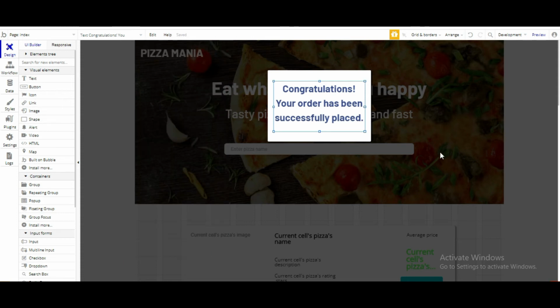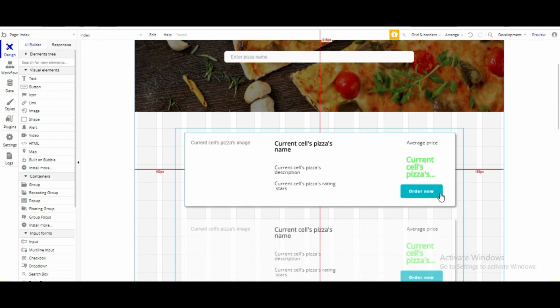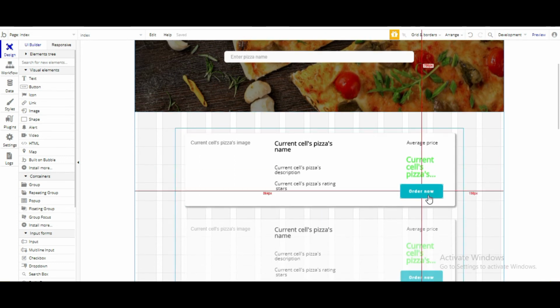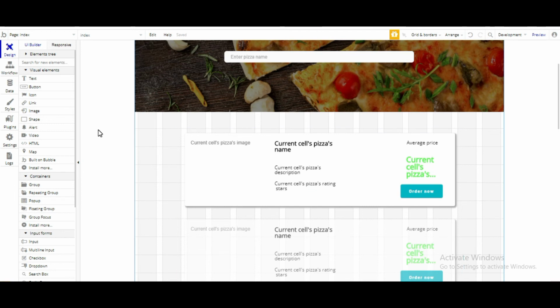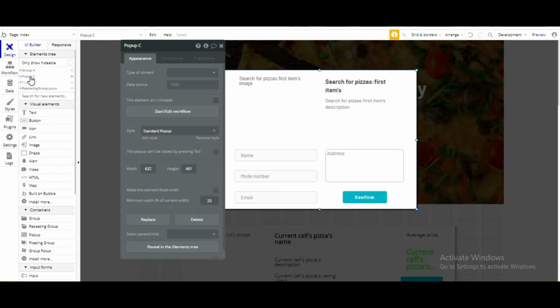So here we have made two pop-ups. Now we'll just link them together. Let me show you how. First of all, whenever this button order now is clicked, we want to show, let me just rename our pop-ups. So now we have made two pop-ups. First is our pop-up on which the user will enter their details.